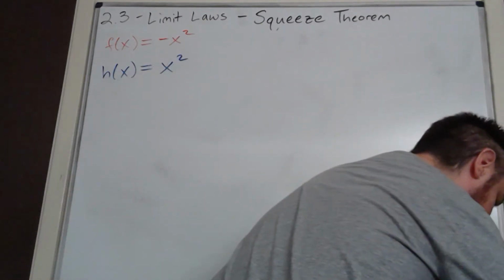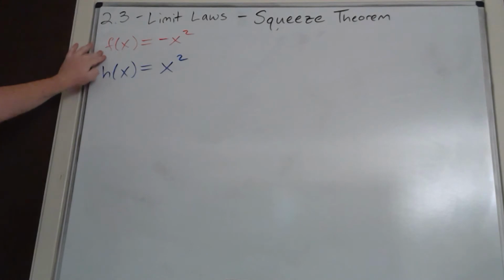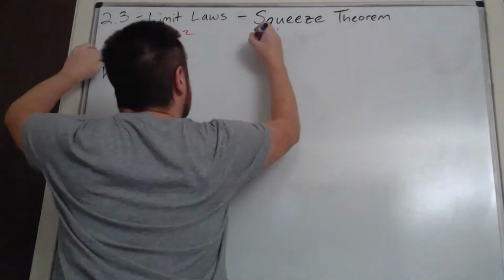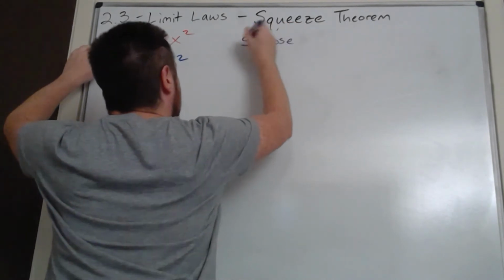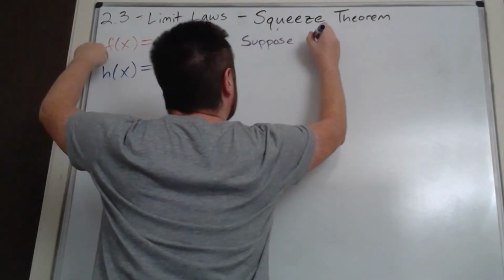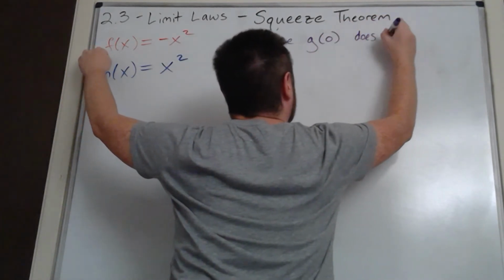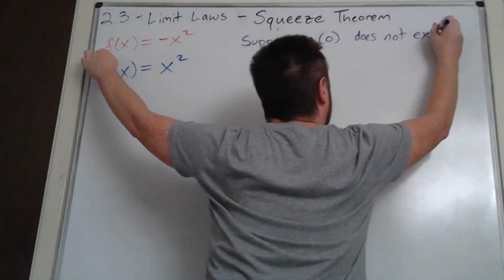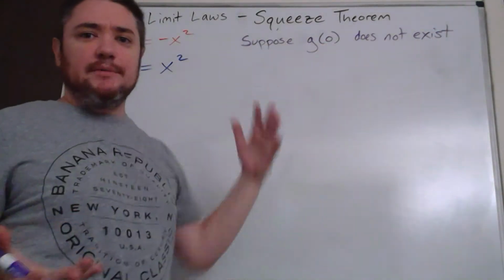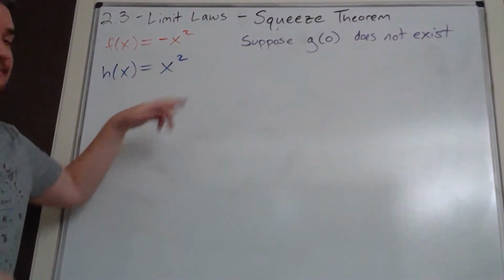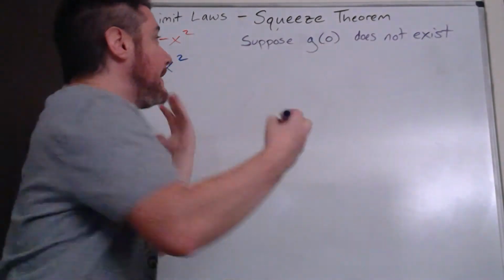And let me write something about g, the function in between here. Suppose g of 0 does not exist. Okay, so I'm creating a function g, and I'm not going to have an algebraic rule for this. I'm just going to describe it in words. Suppose g is some function where g of 0 does not exist, but